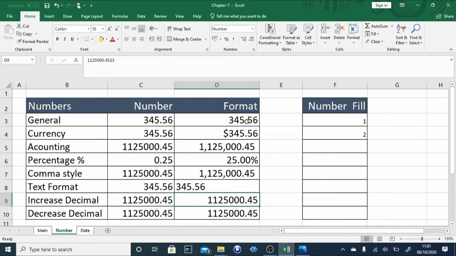Here, first we will put this number format into comma style, and then we'll see how the increase decimal and decrease decimal work. First we'll go with the increase decimal. Here, if you can see this number, it is 1,125,000.45. But if you see the exact number here,